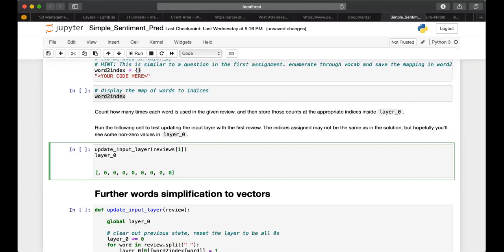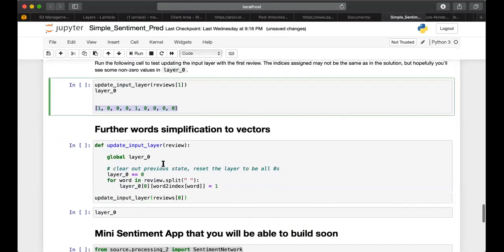Sorry, I said good here. If the document contains good, we'll have a 1 here. If it contains D, we'll have a 1 here, and so on. This gives your neural network a sense of whether a word is positive or negative, to help it predict whether the review is positive or negative.